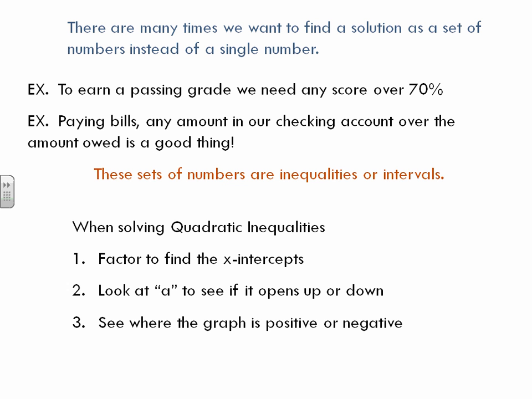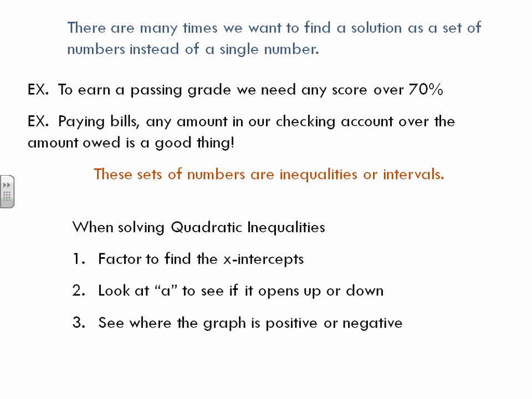The next thing you're going to do is look at the a. So whether you factored that out when you did step 1 or you just look at the original inequality to see what a is. And the only thing that we really care about a is it positive or negative? Meaning, is our graph going to open up or open down? We're not actually going to graph these things accurately. We're just going to randomly sketch what our parabola would look like passing through the x-intercepts and knowing that it